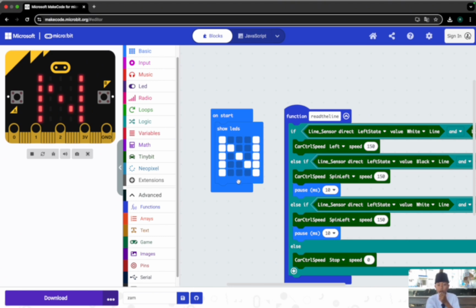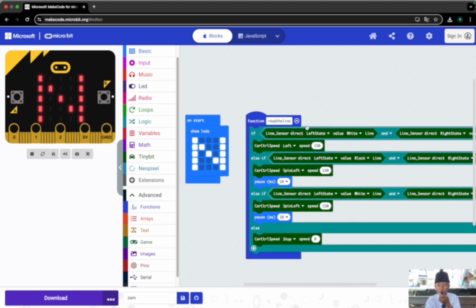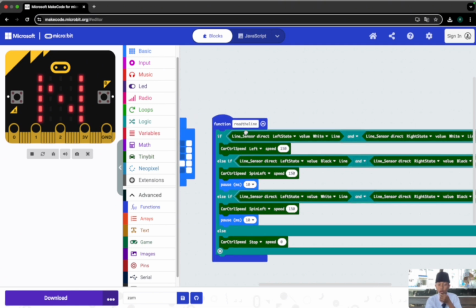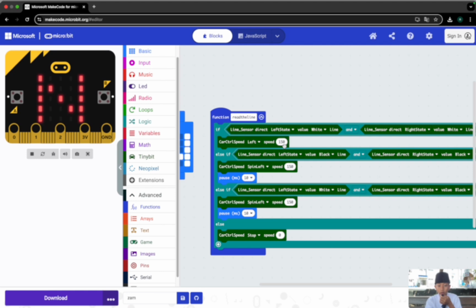The LED I show is N and follow, and this is the function of this code: to follow the line or the route that we already made, and this is for the speed, and this is for the line.